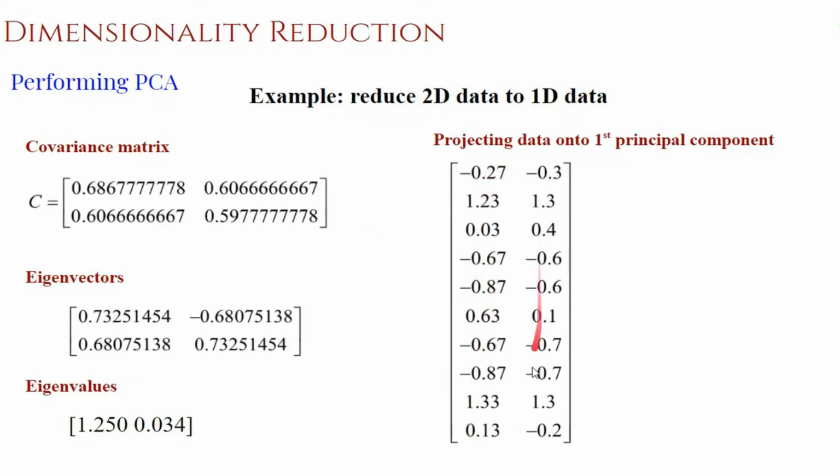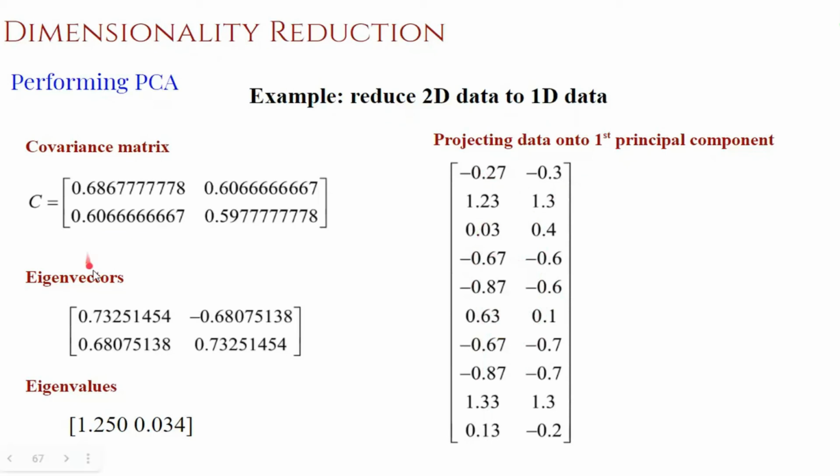So this is the mean shifted data. It is two-dimensional, and we need to get a one-dimensional representation of this data. For that, the approach is this: pick the eigenvector corresponding